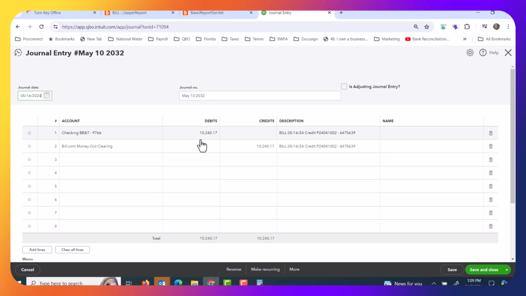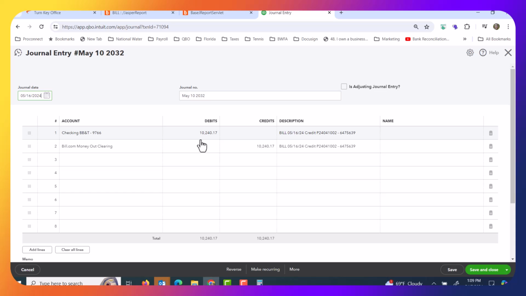They will void that check, and they will push that void. They'll go back to the original transaction in QuickBooks Online, and they will void that bill payment even if it's in a prior period. So you have to be cognizant of that. It will do that in QuickBooks Online. In QuickBooks Desktop, you will not see that transaction. You will actually have to manually post the voided bill payment in QuickBooks Desktop or Enterprise